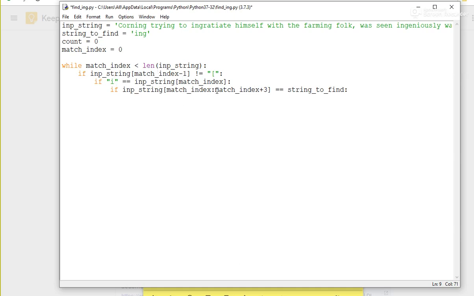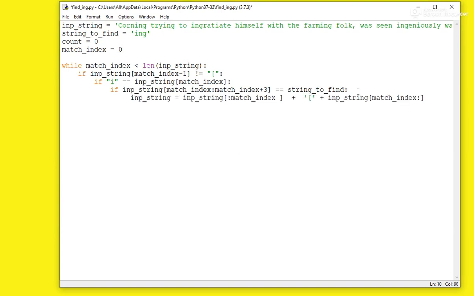which is at match index. Match index plus 3 is the entirety of our substring, so we need to check that string defined is that part of the substring. So we found the I, we look forward 3 characters, grab that bit, and does that equal string defined? Well, hopefully it does. Then we'll process it. If it doesn't, then we just move on. So we have found an instance of ing from match index to match index plus 3,